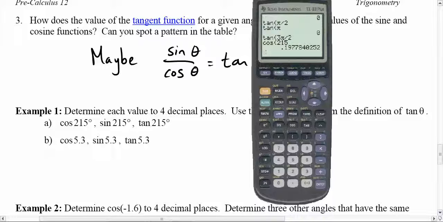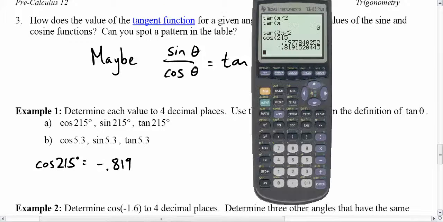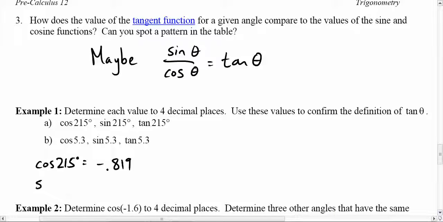So I just did cosine 215 and I got 0.1977, which is totally wrong. Anybody know why? I'm in radian mode. So I know what my answer should be. I've got to make sure that if I'm doing something in degrees, I go in degrees because the answer is totally different. So cosine 215 is negative 0.819. Sine of 215 is negative 0.57. And tangent